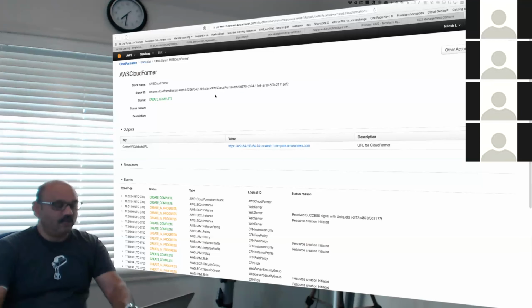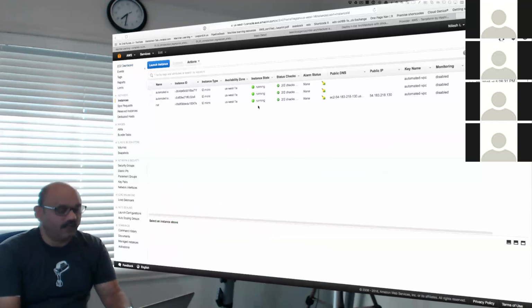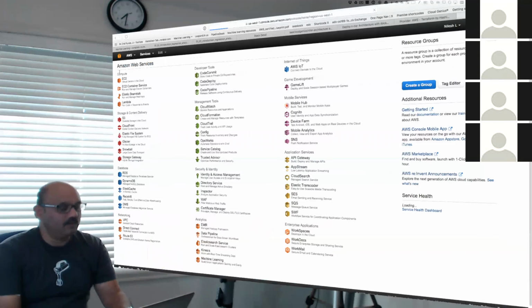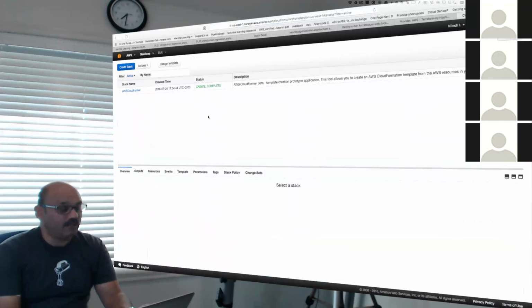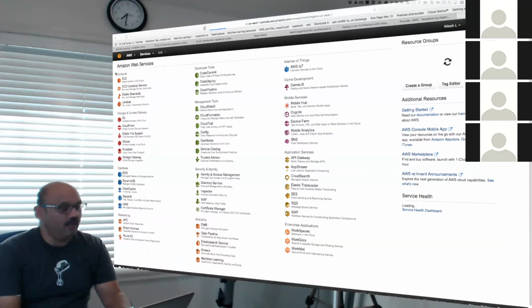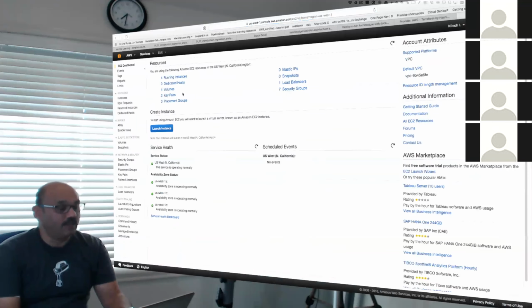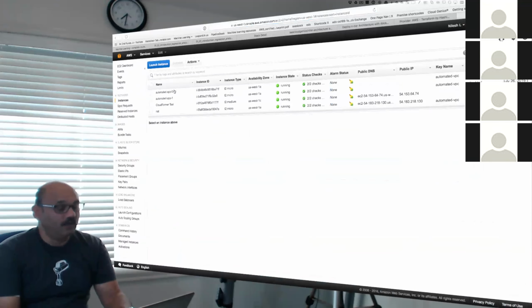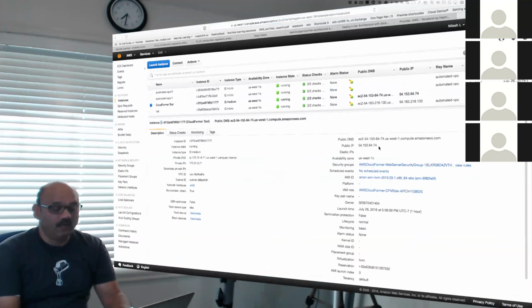I'm killing it. Killing it again. Back to California, CloudFormation. We have that create complete and the machine running in CloudFormer tool. I'll grab the public IP address and open it in a different browser. Let's see what happens.